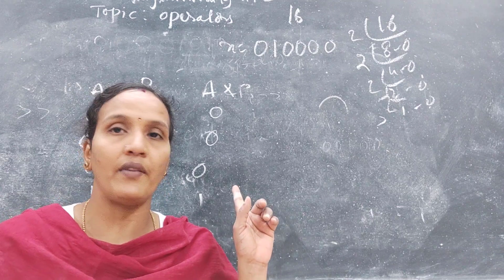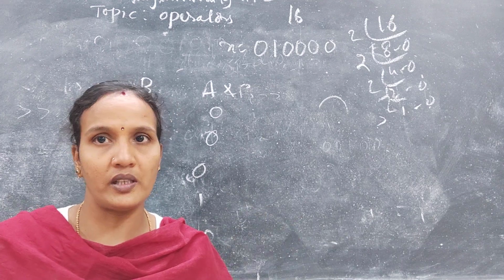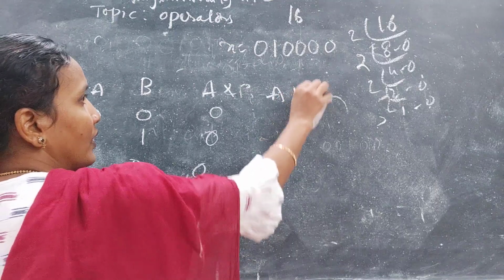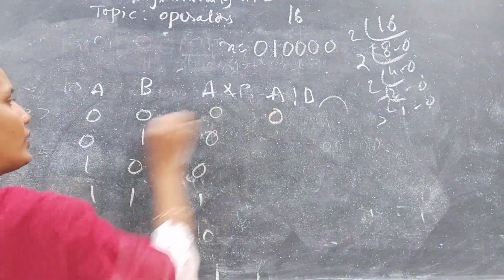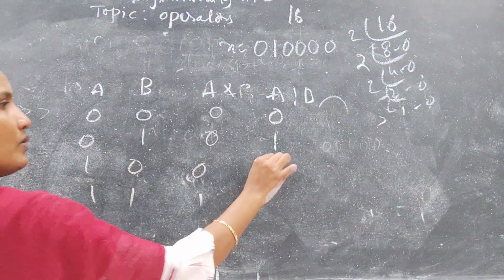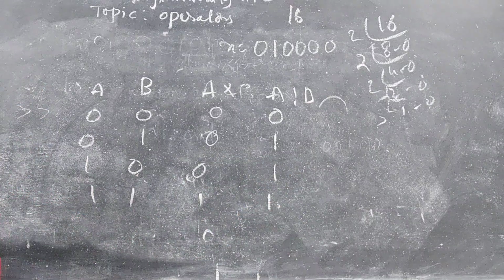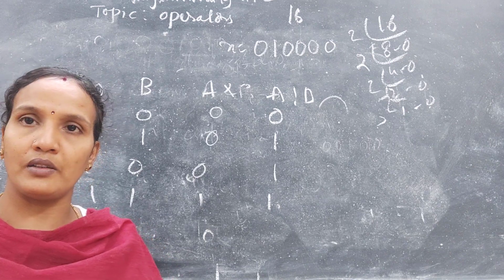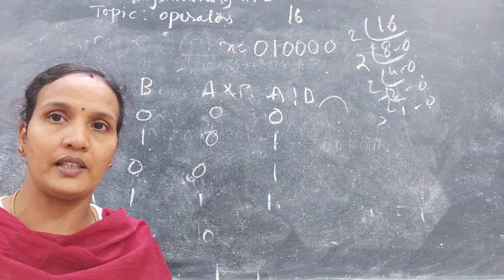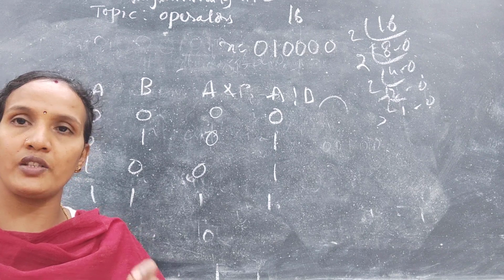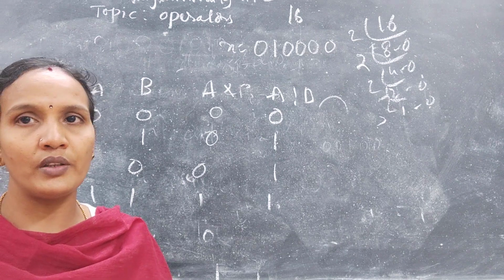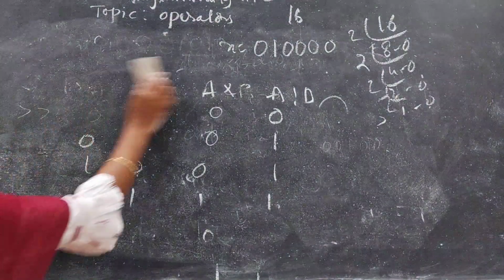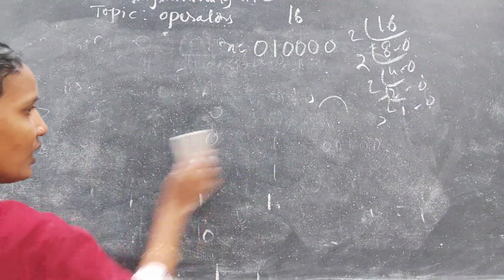I have already explained this step in a logical AND and a logical OR. Okay, so the logical OR you can also take like this. If at least 1 condition is true, you will get a true: 0 1, 1 1, 1 0. 1 is a true here. Okay, if at least 1 condition is true, you will get a true result. If 2 conditions are true, then only you will get a true result in an AND operator. If at least 1 condition is true, then you will get a true using an OR operator. Okay, so these are the bitwise operators: left shift, right shift, logical AND, logical OR.